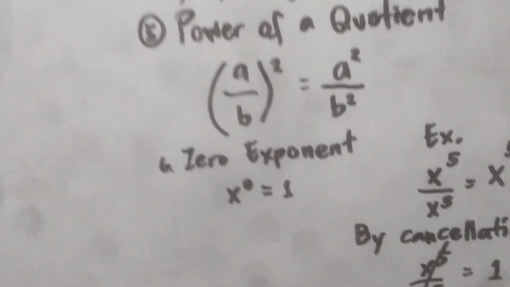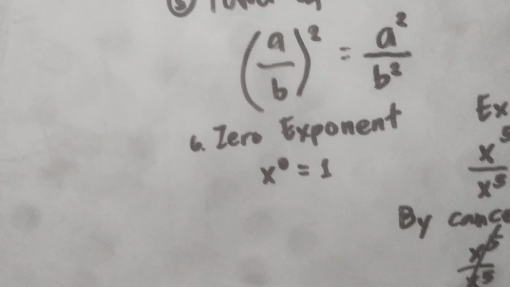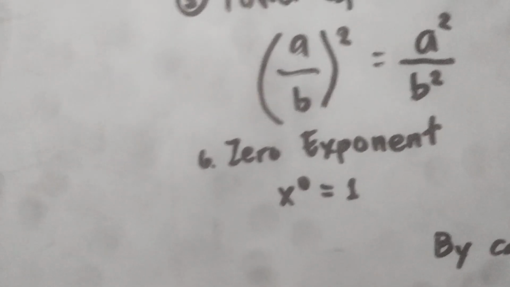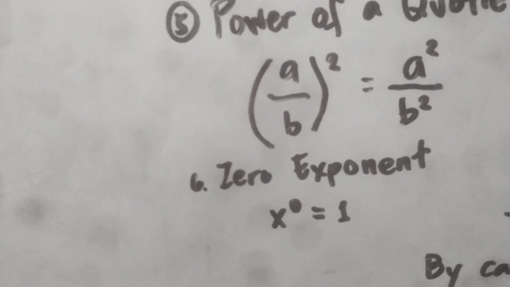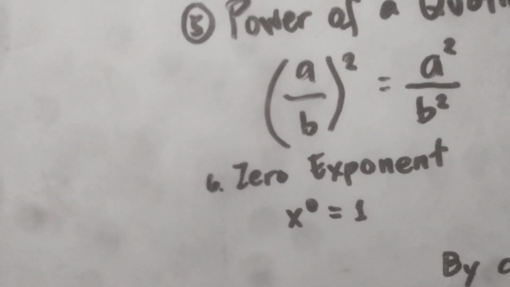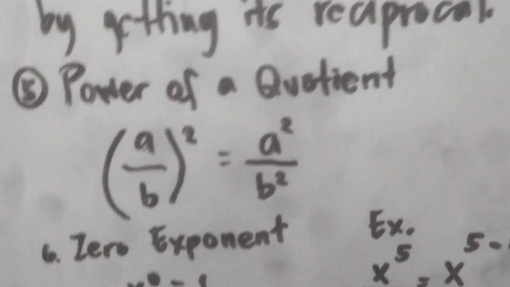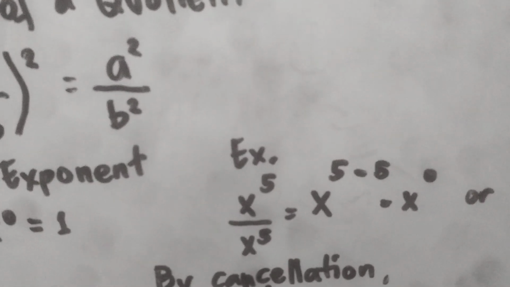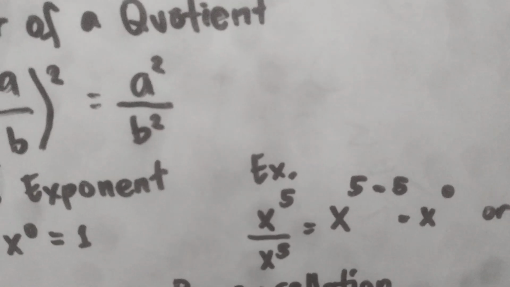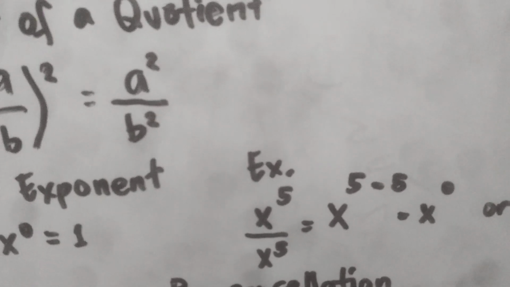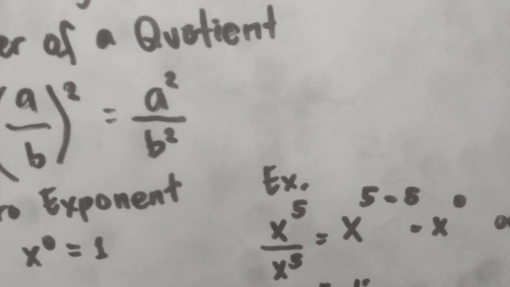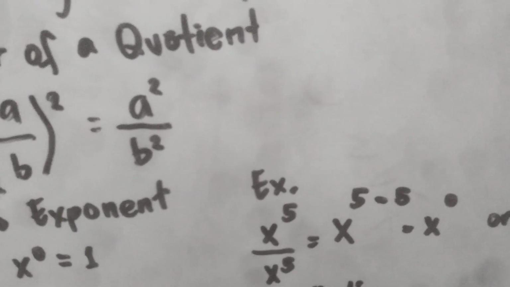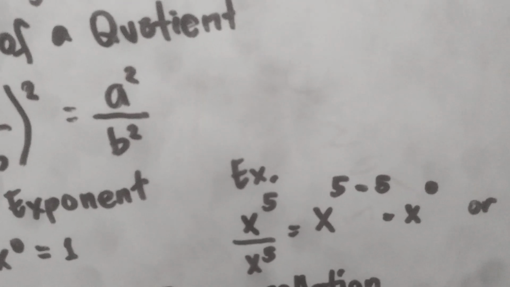Okay, we still have the last one, 0 exponent. So we have here x raised to 0 is equal to 1. So you might wonder why it becomes 1. Okay, we have a specific example. Since we have x raised to the 5th power all over x raised to the 5th power. So also applying the quotient of power rule, we get x raised to 5 minus 5 is equal to x